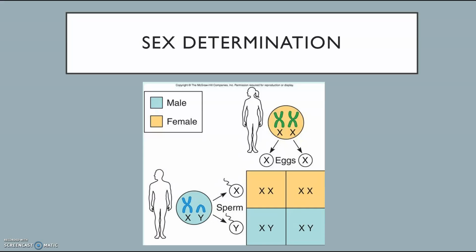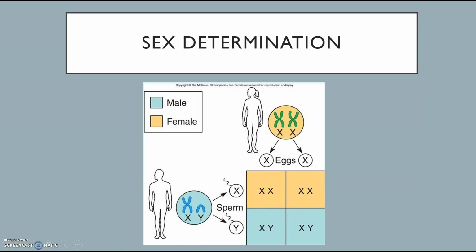This week we were learning about the reproductive system, and so I chose to do my study aid on sex determination. On the front page of my slideshow, I show a very basic diagram of how sex is determined. So females have two X chromosomes, males have an X and a Y chromosome,